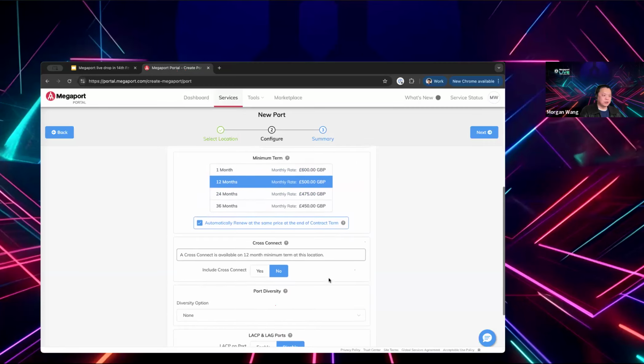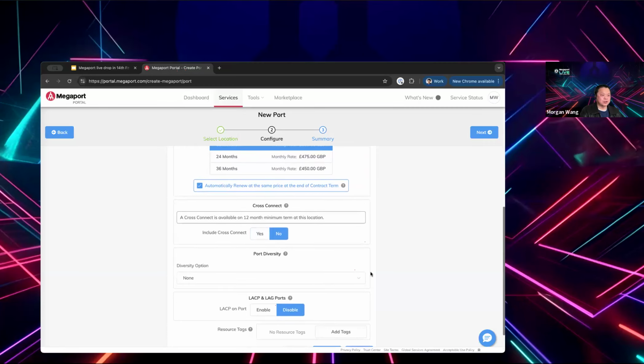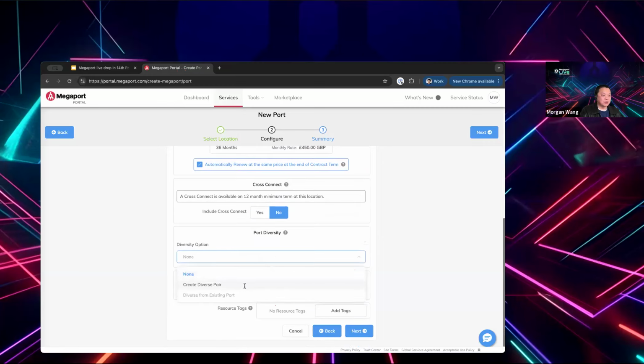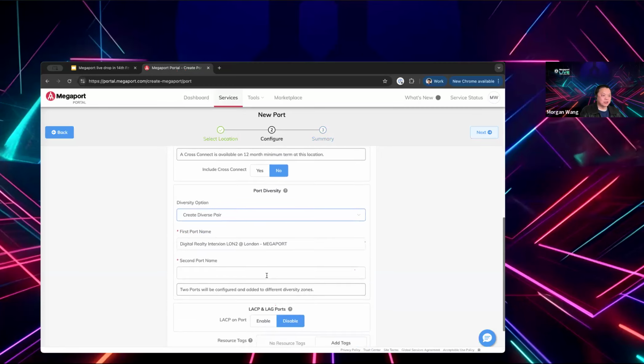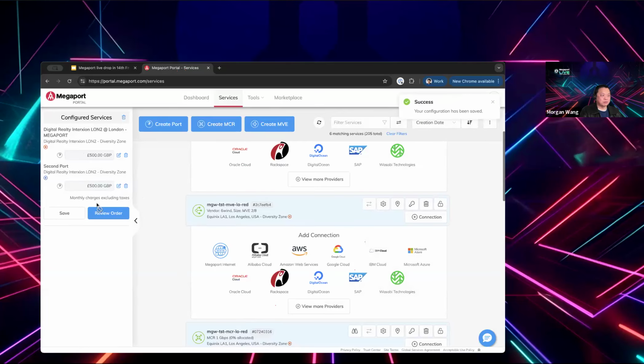and choosing your term. In some locations, you can have Megaport organize your cross connection from our demarcation point into your rack. Otherwise, if a customer has a closer relationship with a data center operator, they can do that themselves. We can also create a diverse pair of ports, which places a pair of ports on different hardware, providing the customer this electronic-based redundancy. It's just an order process for a pair of ports in the same data center, one in the red zone, one in the blue zone.